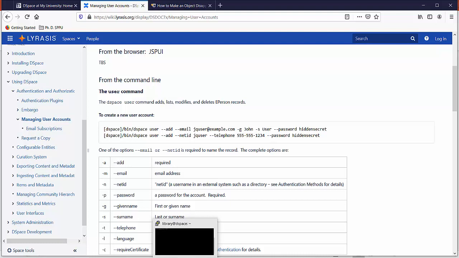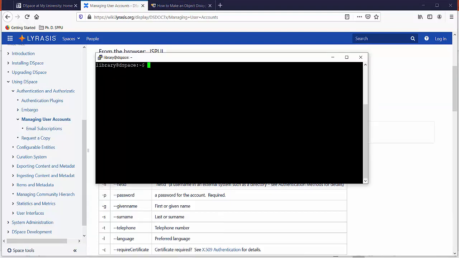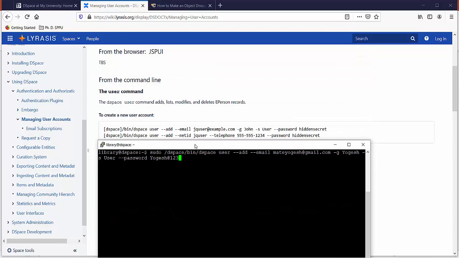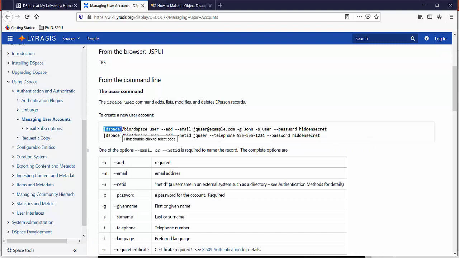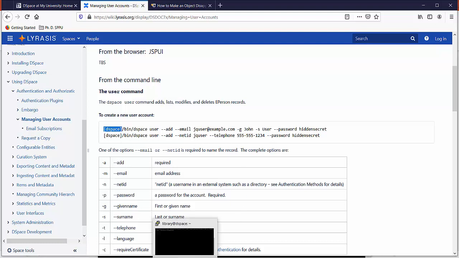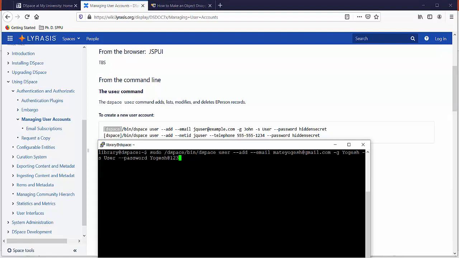Okay, you need to type in this way. Look, this is different than what they have given, DSpace in square brackets. That means you need to locate your DSpace directory in your Ubuntu machine or your DSpace server. We have created our DSpace repository under root DSpace. That's why we need to enter the command in this way.